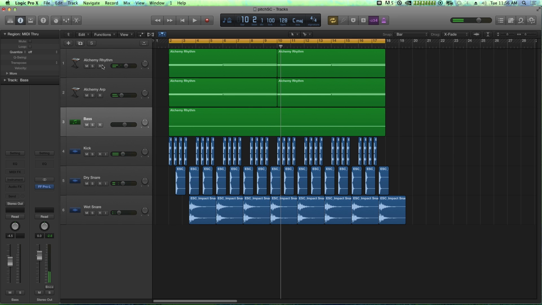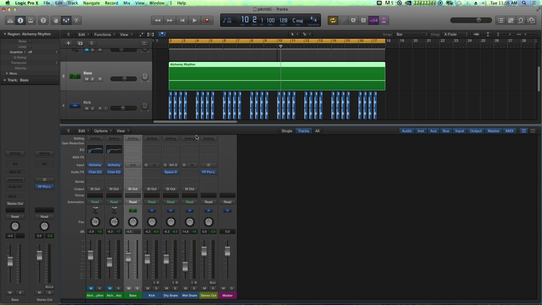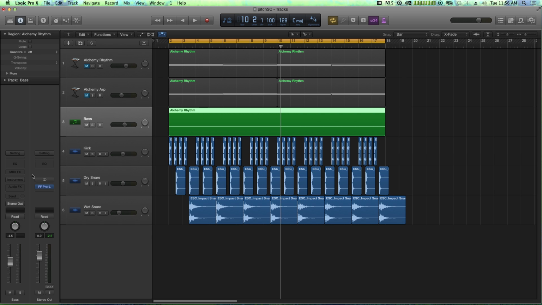All right, so let me mute out the synths for now. The bass idea that we want to put in here is literally just a long drone bass on the key of the song, which is E flat minor. So this is just a long drone bass on E flat rather. So nothing really that special. I'm going to use the ES2 for this